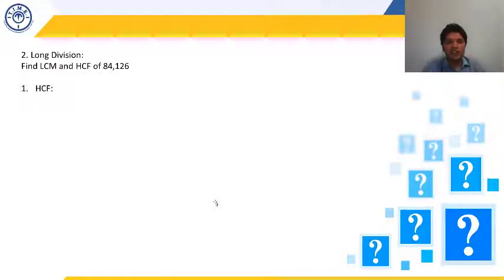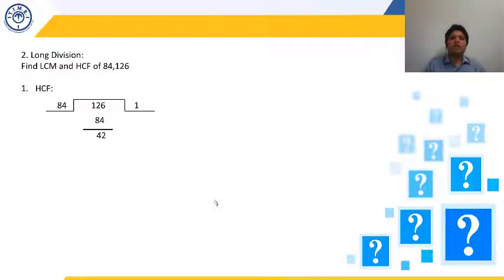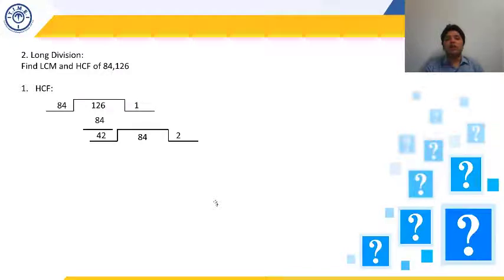So now let's move on to our question. This was just some extra knowledge. So what are the LCM and HCF of 84 and 126? How to do it? We will divide the bigger number by the smaller number. Between 84 and 126, 126 is bigger, so we will divide 126 by 84. 84 ones are 84, the remainder is 42. Whatever the remainder is in the first case is now going to be the divisor, and whatever the divisor was in the first case will now become the dividend. So 84 here will become the dividend and 42 will become the divisor. Now we will divide 84 by 42. We will do this process until the remainder becomes 0, and whenever the remainder becomes 0, the divisor at that time is going to be my HCF.